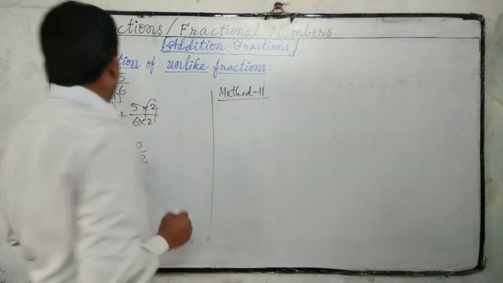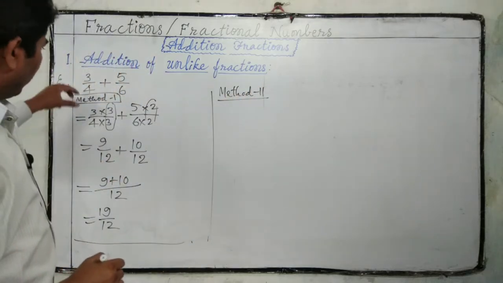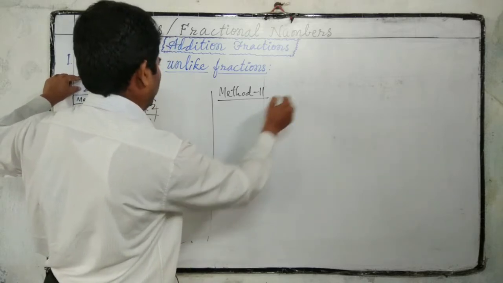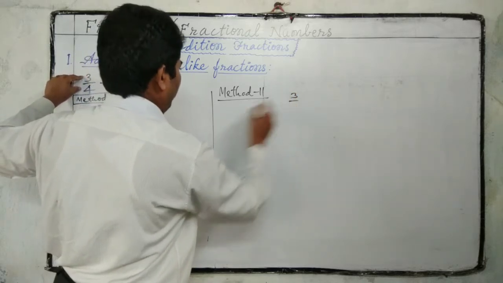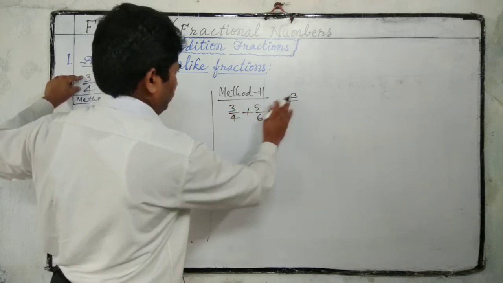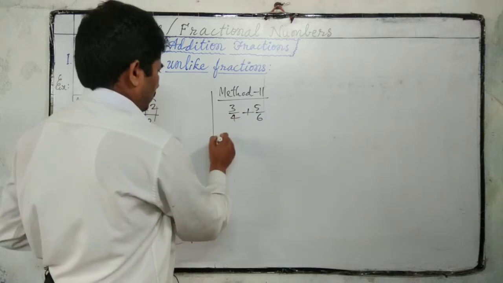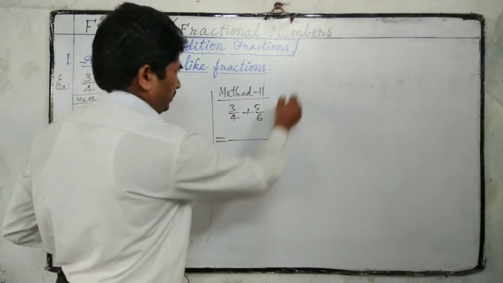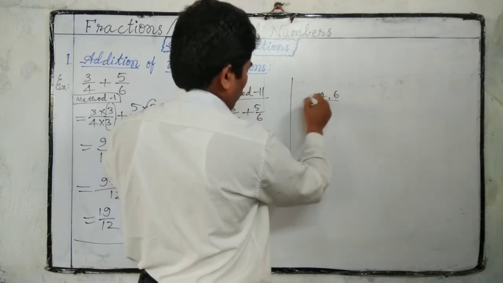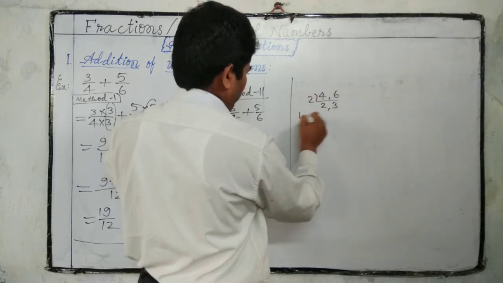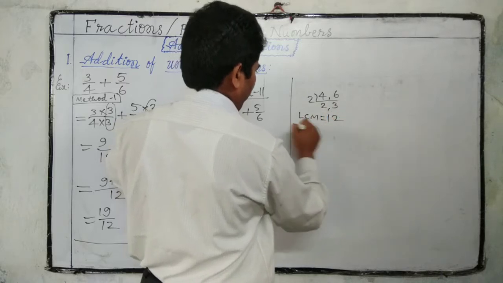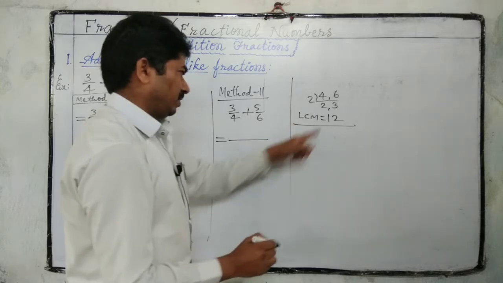For this only, I am finding 3 by 4 plus 5 by 6. Take the LCM of these denominators. 4, 6, 2 2s, 2 3s. So LCM of these numbers is 2 2s are 4, 4 3s are 12. So write this LCM